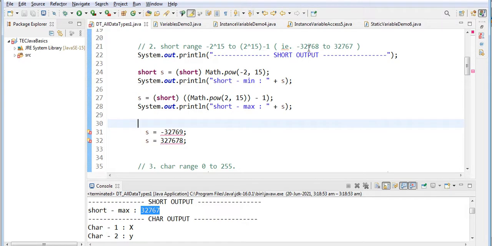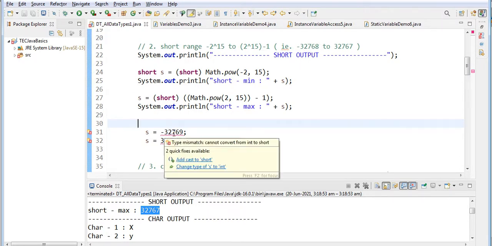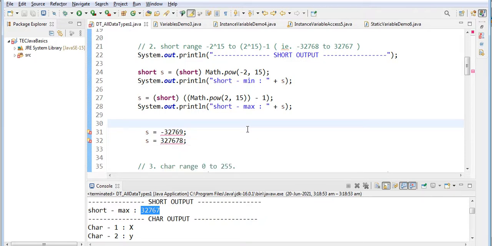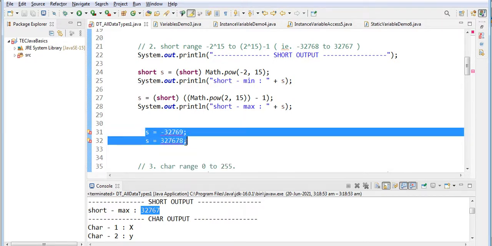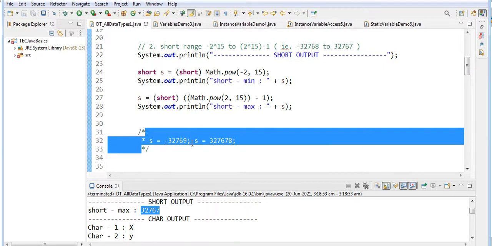My minimum value is minus 32,768. If you give a value below this minimum, it is not accepting, it shows a mismatch. You cannot convert from int to short, so it takes up the next data type, int. And here also 678 is not taken, so it shows an error. Within that range you have to give the value for those data types.